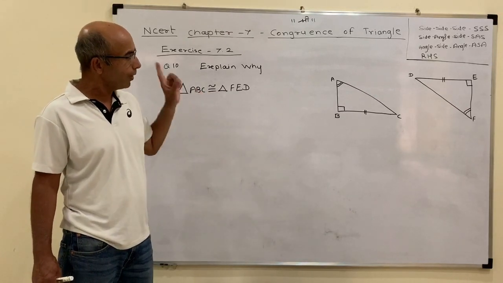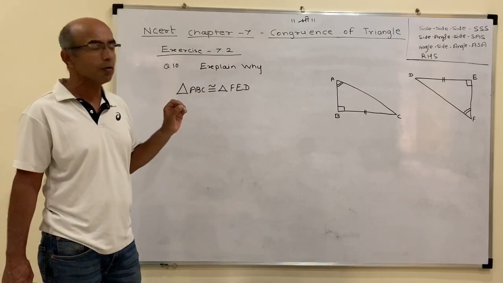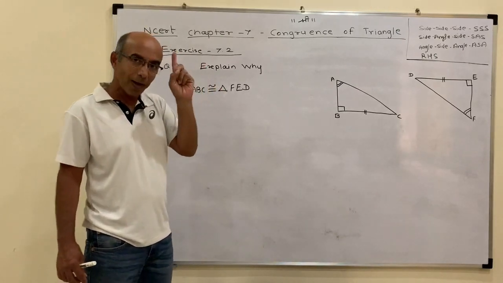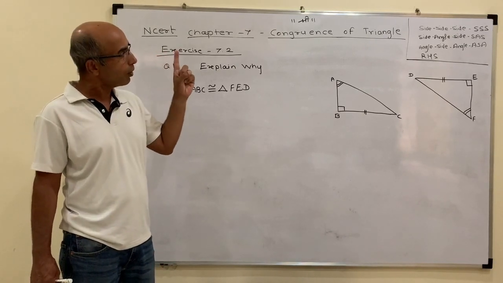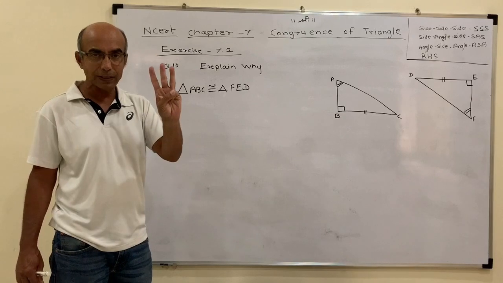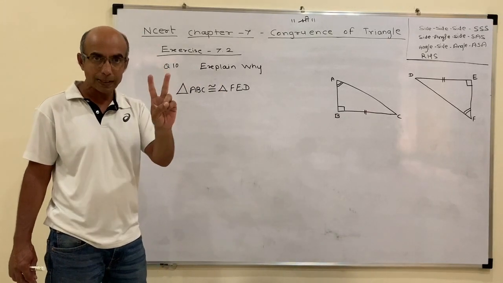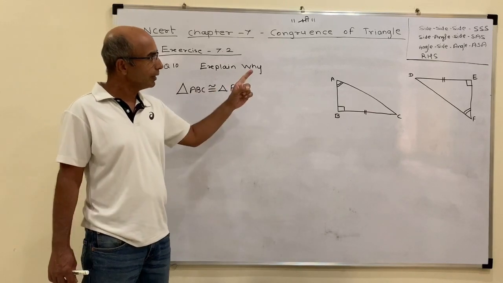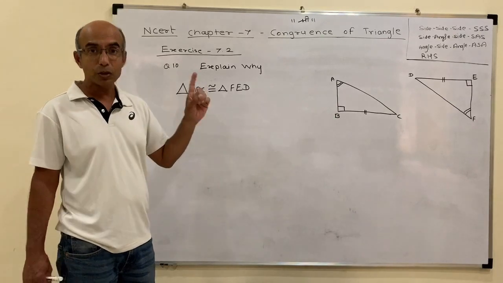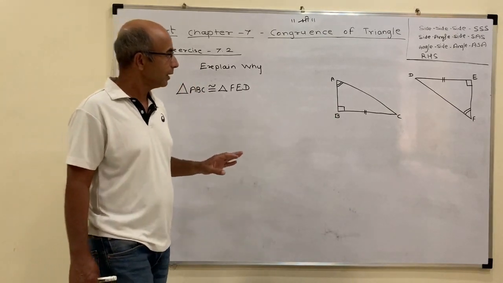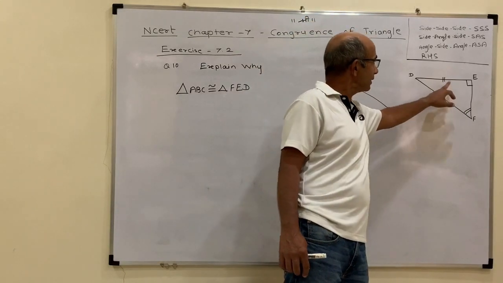So now one side is given. You need to study very perfectly what is given. Now the possible way, the first law says side side side. Do we have 3 sides given? No. The second law is side angle side. Do we have 2 sides given? No. The third says angle side angle. We have 1 side given, so we can try for angle side angle. Here angle given, side given. Here angle given, side given.